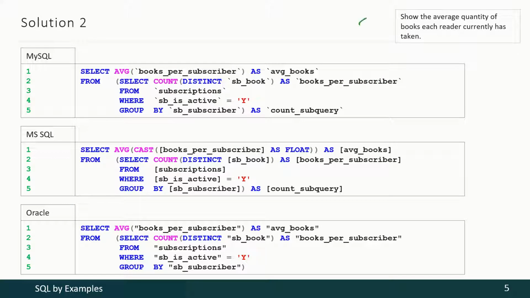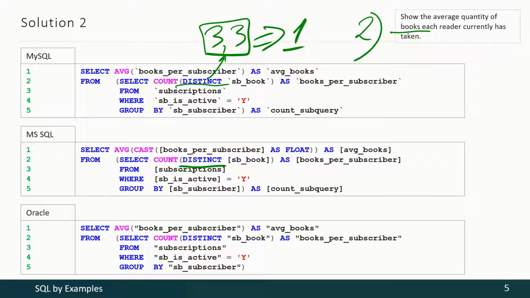The only difference in solution for the second task, when we are calculating the books, not copies, but books, is the distinct keyword. So once again, for instance, someone has taken 2 books with identifier 3. Due to that distinct keyword, these 2 books will be calculated as only 1 book, not 2, but 1. The rest of the idea for all these 3 queries is the same and was explained a couple of seconds ago.